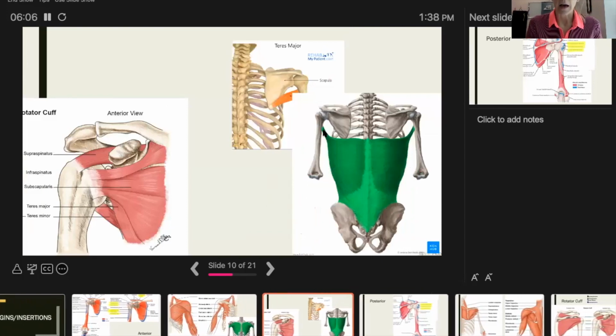And then here's some of the other ones. So I pointed out the lat being on the front of the humerus, big muscle, all pulling into the front. And then teres major here, important to note that it's coming from the back of the scapula into the front of the humerus. And then here's just a little bit of a zoom in on some of those muscle insertions. Supraspinatus to the top of the humerus. Here's that subscap again. I believe that's, well, it's not subclavius, it might be another portion of the subscap. And then teres major gets a little caught behind there,